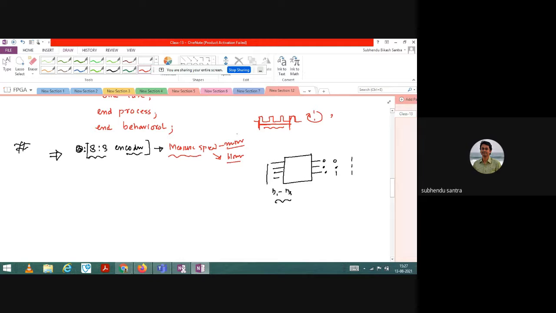A V reference is required, basically the same as digital to analog conversion. You need a V reference to convert it, and then there is a need for scaling, because V reference is generally 5 volts, but speed may be 15,000 rpm or 1000 rpm. So a scaling unit is also required after that.